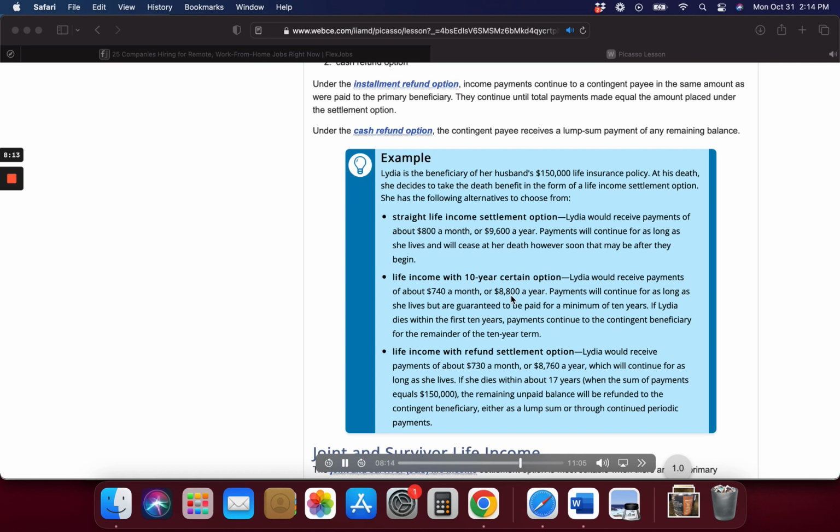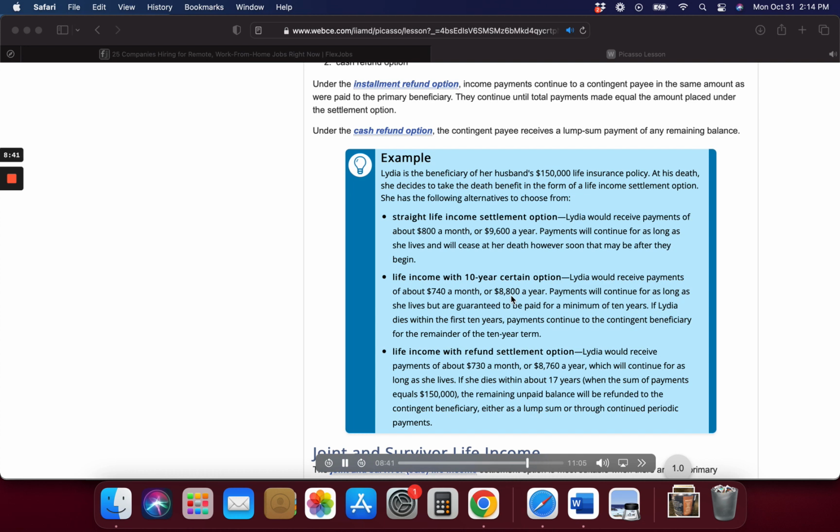Joint-and-survivor life income. The joint-and-survivor, J&S, life income settlement option is most suitable when there are two primary beneficiaries related in some way to each other, for example, the insured's son and his wife, or two adult siblings. Under the J&S option, monthly payments are made until the second of the two beneficiaries dies. The most common joint-and-survivor options are